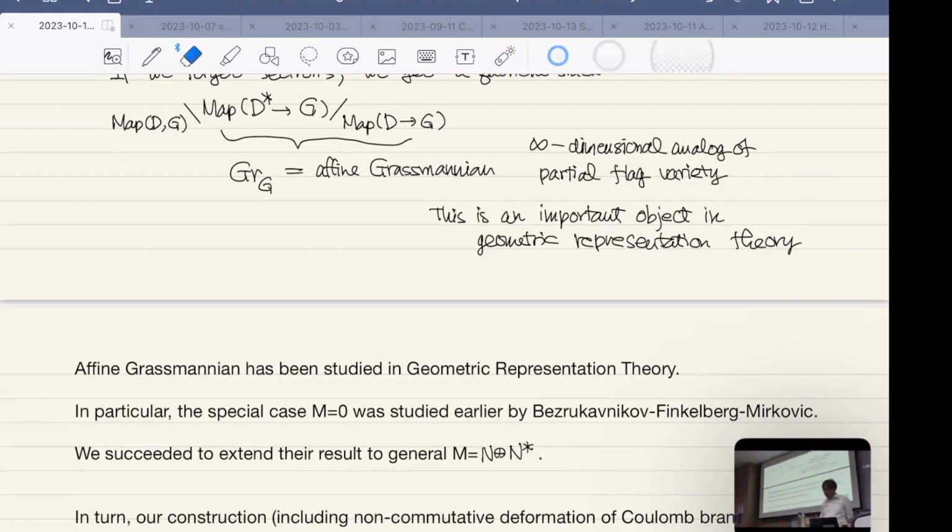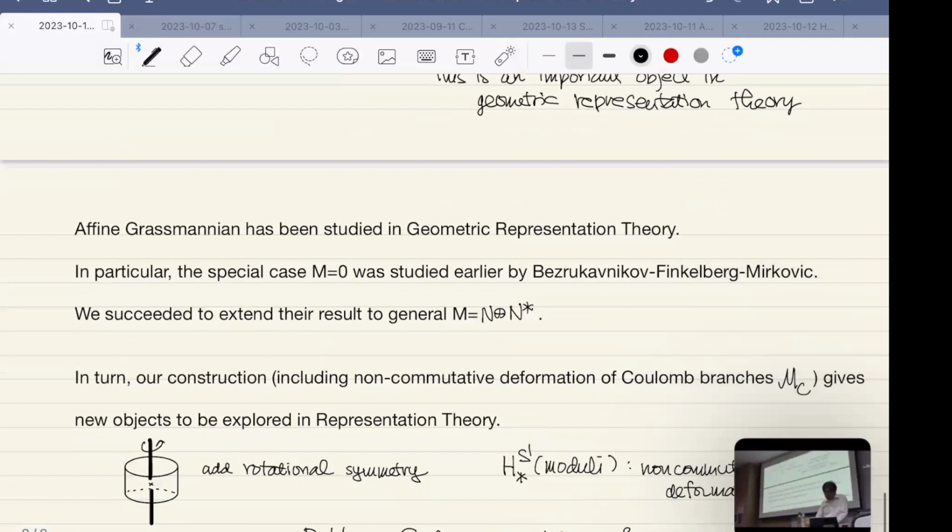So this is one of the consistency checks of our definition, and so our definition is mathematically well defined, and it seems it recovers what physicists have considered for many years. So anyway, this is a construction, but